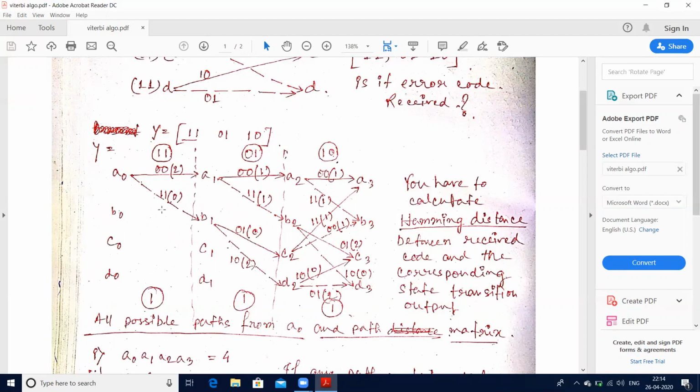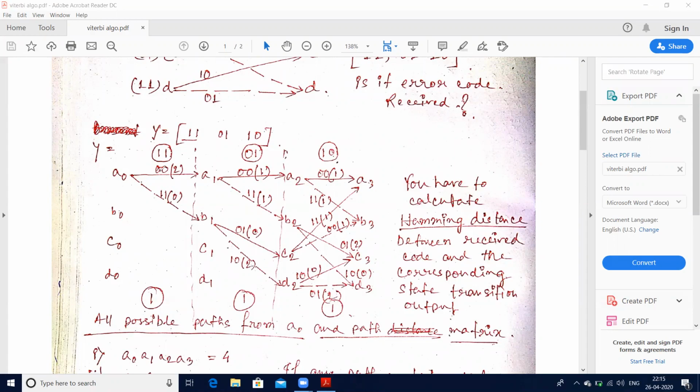Right. So if you draw this code trellis diagram, then from the previous lecture you have already known this, because from A0 the possible next state will be A and B. So I'm just assuming we are starting from A0. So the possible next state will be A1 and B1. And the bold arrow is for the 0 input, and the dotted line is for the input 1, as you have already known.